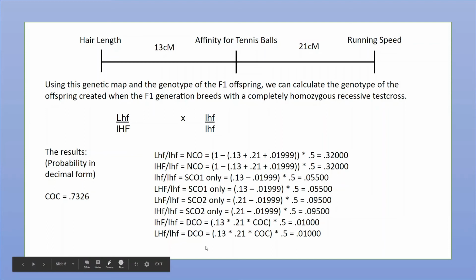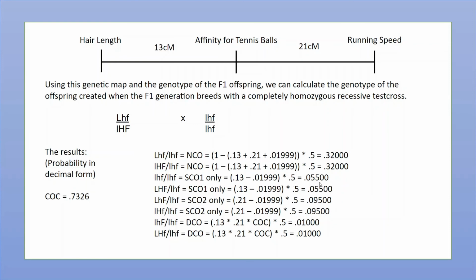Now if we look at a single crossover event, let's say we have a crossover at hair length. We're going to take the centimorgans and divide by 100 to get the probability, which is 0.13, about an estimate. And we're going to subtract the probability of a double crossover event occurring. And then we're going to divide that by 2, because that can occur in 2 different ways. So we're going to reduce it to only 1/2 of those instances to get 0.055 for a single crossover event